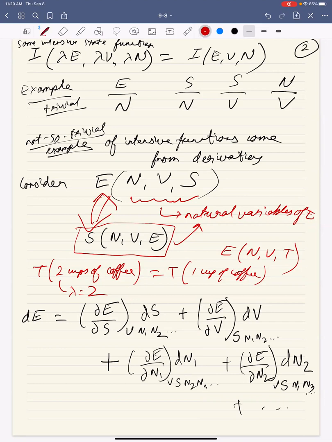So these partial derivatives that we introduced here, they are also going to be intensive, right? Because the numerator is extensive, the denominator is extensive. So that's also an intensive variable, all of these. And at this point,